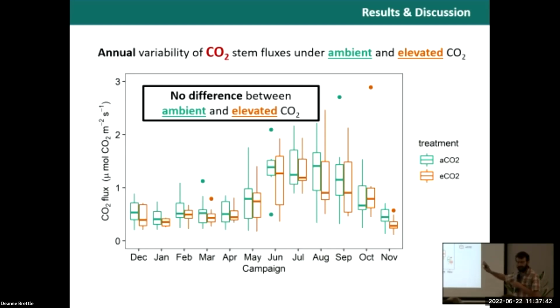But if you look at the data, it seems that for every single month, carbon dioxide fluxes under ambient conditions are always higher than under elevated, except for one month, October. For all the other ones, emissions under ambient conditions are higher than under elevated, which is very promising. And